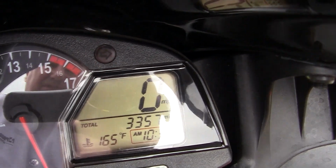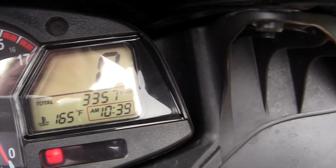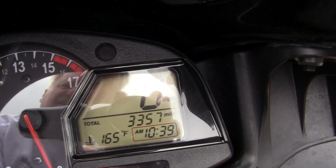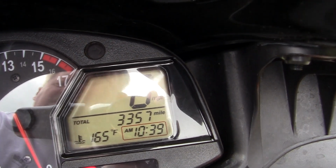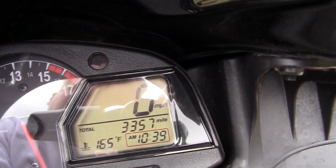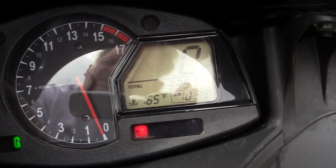so, let me get this camera right, 3357 miles, and if you hit a button here, you might go to kilometers. Maybe. Trip A, trip B, total. I can't figure this out. Anyway,